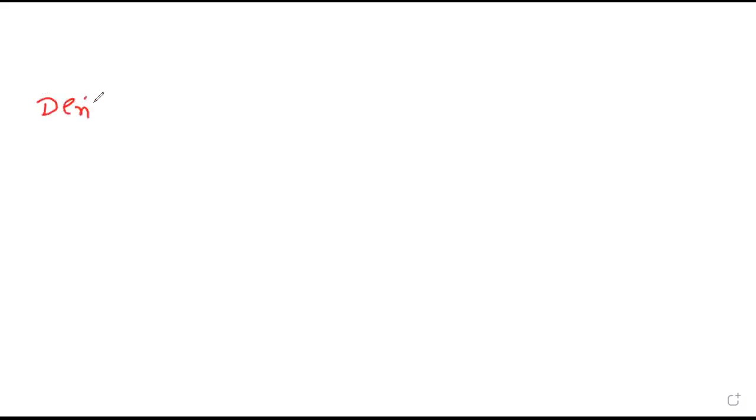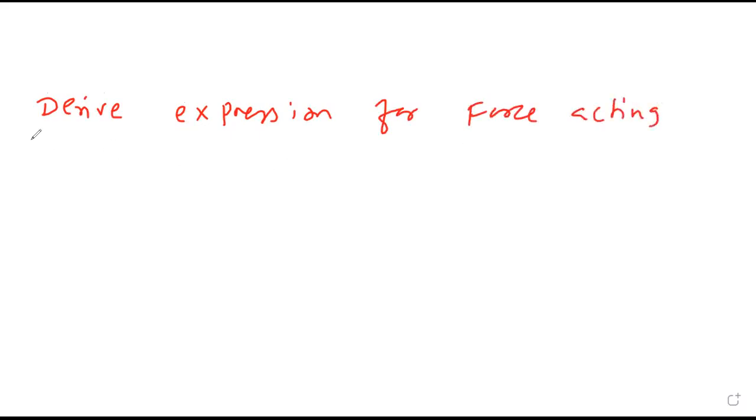Derive expression for force acting on a conductor carrying current and placed